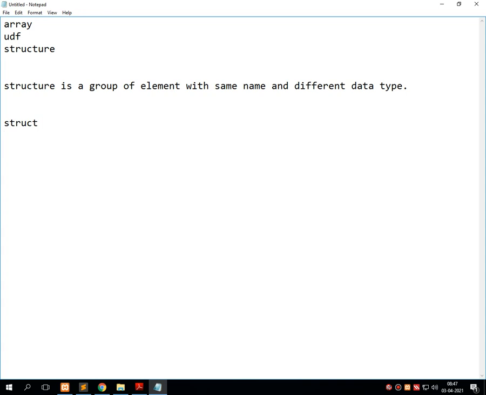Structure should be declared before the void main statement. That means